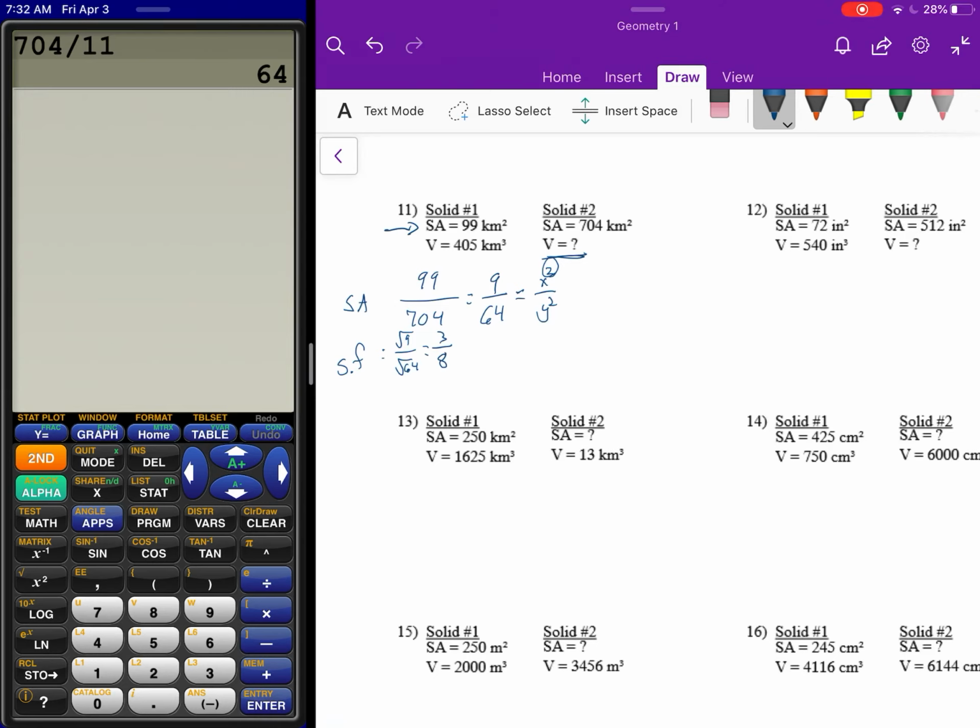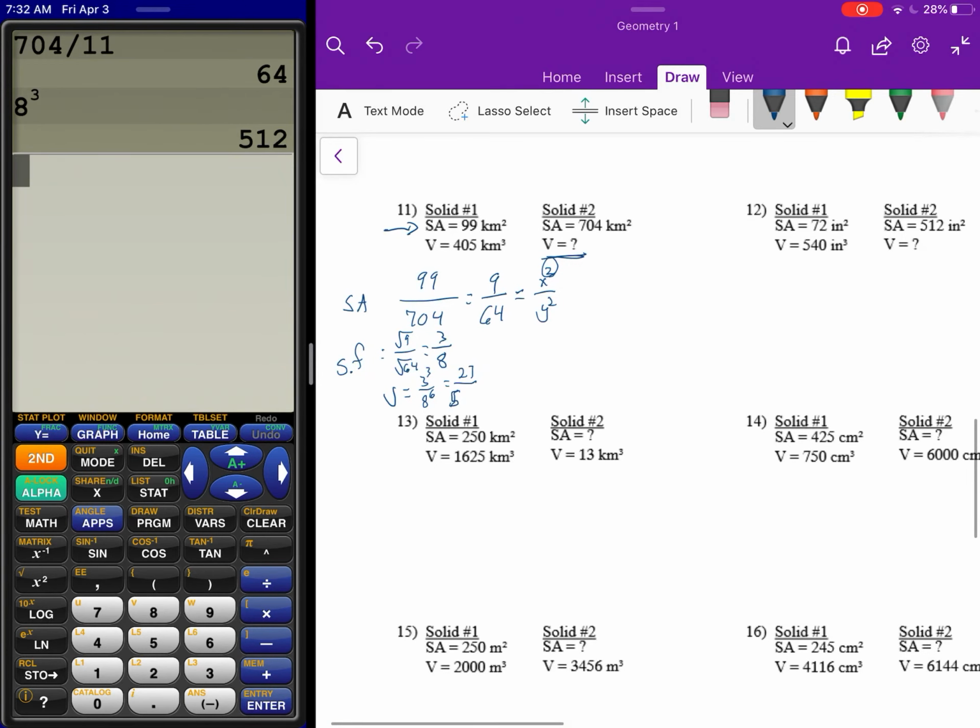And once we know the scale factor of 3/8, we can use that to find the ratio of volumes. So volume is going to be 3 cubed over 8 cubed. So 3 cubed is 27, 8 cubed is 512. And that is the ratio of our volumes. Now that we have that, we can use that to help us find the missing volume. We want to take our scale factor,